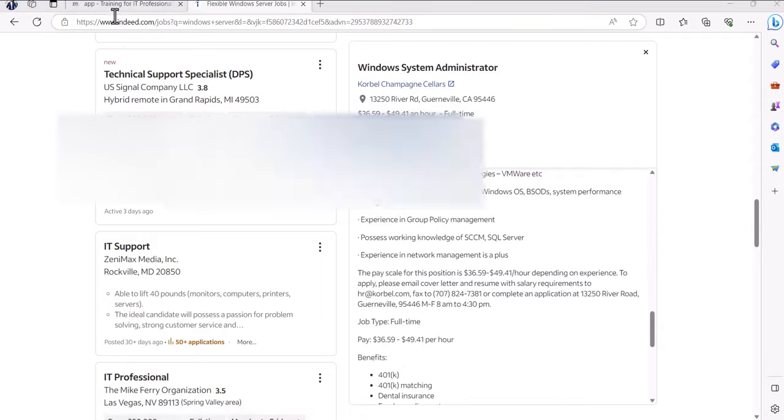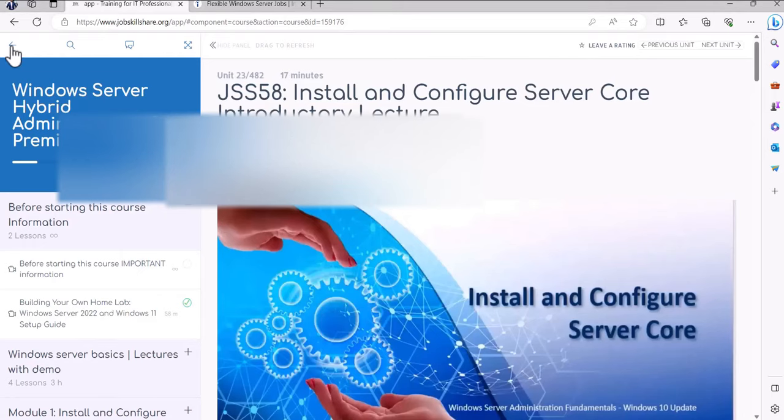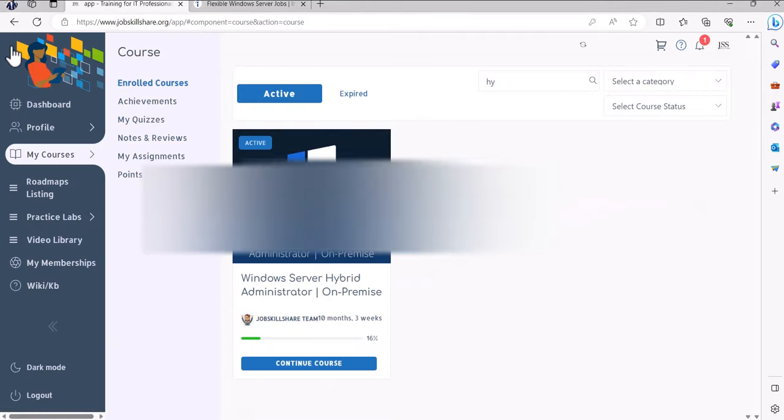So in JSS, how do you learn this? If you're a member, we have created a course called Windows Server Hybrid Administrator. In this you're going to learn about Windows Server 2016, 2019, and of course later on 2022. This is a very long course and only designed for people who really want to become better in Windows Server